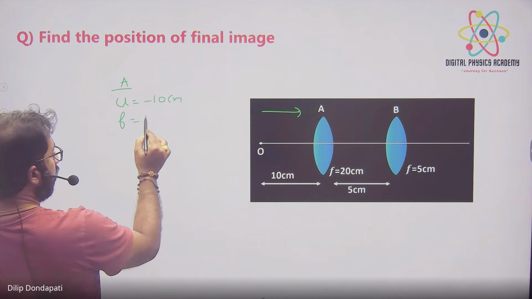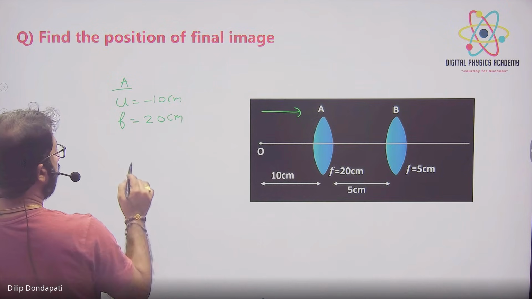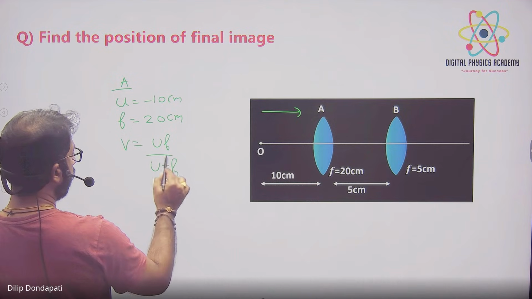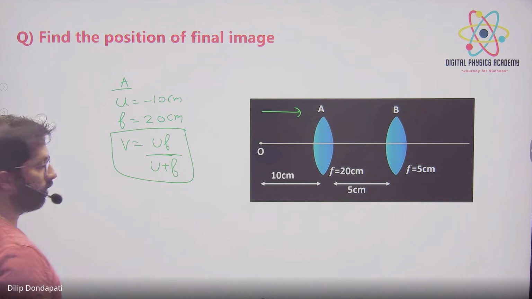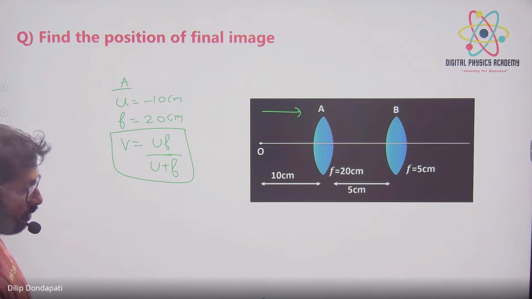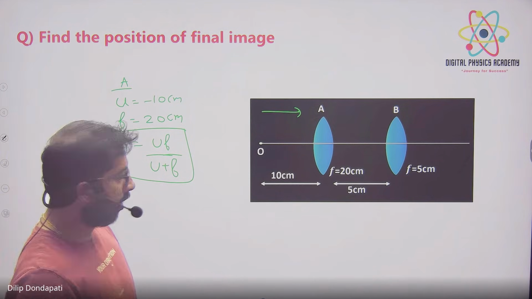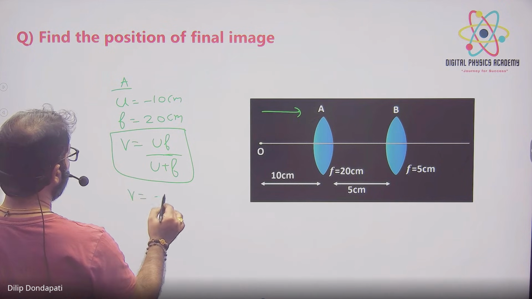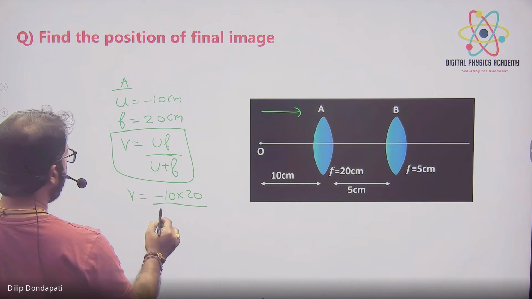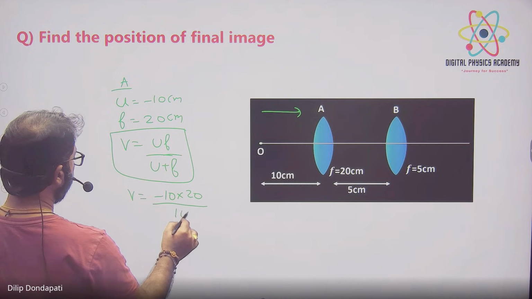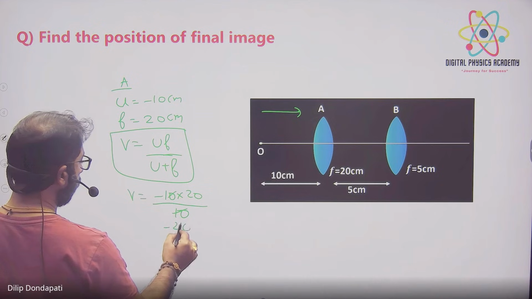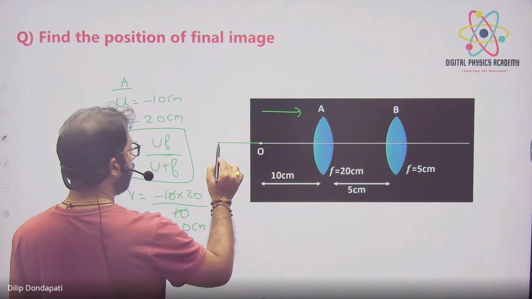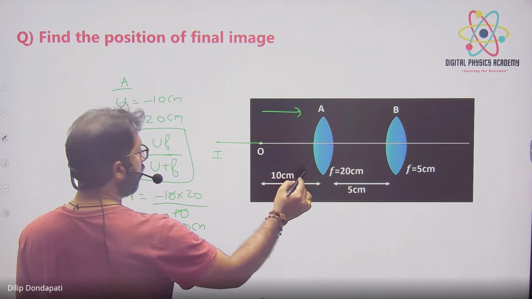F is 20 centimeters and find V. UF by U plus F. So V is equal to -10 into 20 by 20 minus 10, which is -20. What is the meaning of -20? The image comes behind, here, at